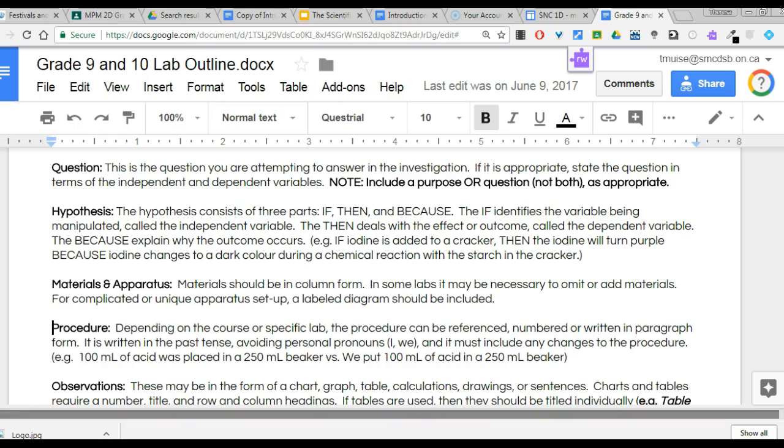So for example, if the instruction is 100 milliliters of acid was placed in a 250 milliliter beaker, that's an instruction. It's not a report of what you did or what was done. And so what you would need to do is to change